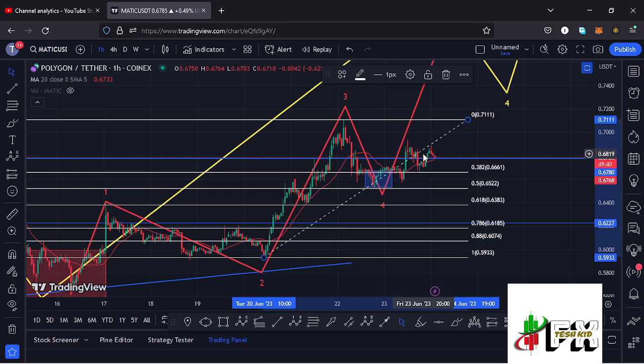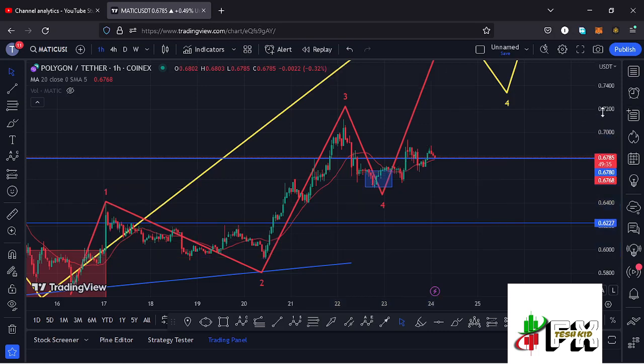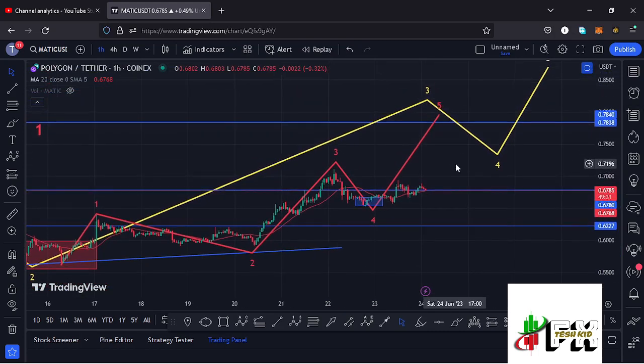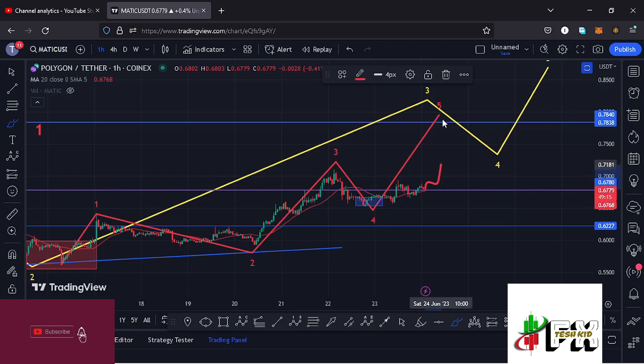in a move that I'm expecting very soon to turn very impulsive, so that we can put in place the high for that wave 5 and also fully maximize our target areas in the formation of this larger Elliott wave count 3. So that is what I'm expecting here on the Matic chart, and those are my next price targets. In case we see a successful retest, then expect higher prices, fully maximizing our target area at around